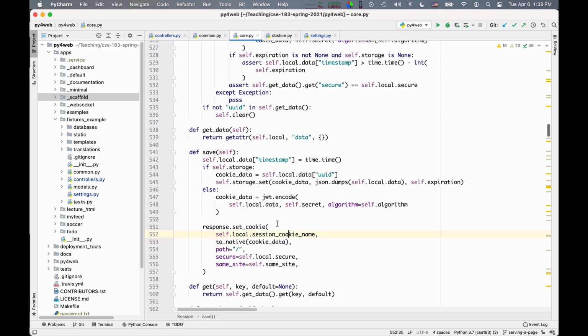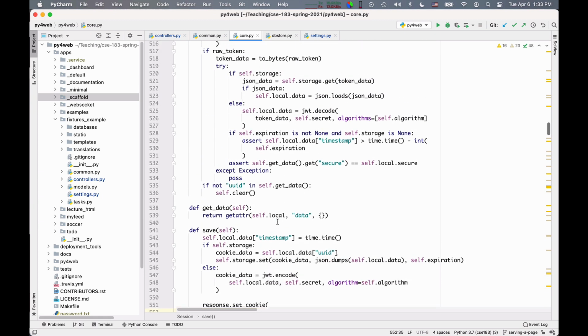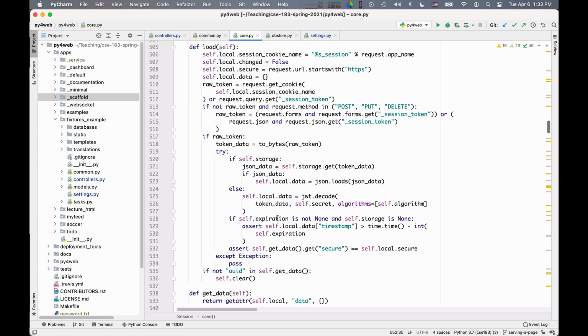And so this cookie name is generated here. It's useful to look at it. This is a cookie name. You see it's generated by saying session with also the app name. So if I am in an app, as I am now, that is called fixture example, the name of my cookie will be fixture example _ session.